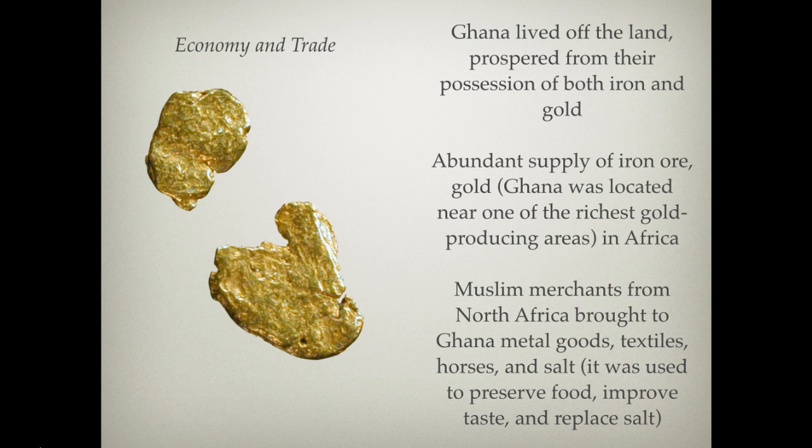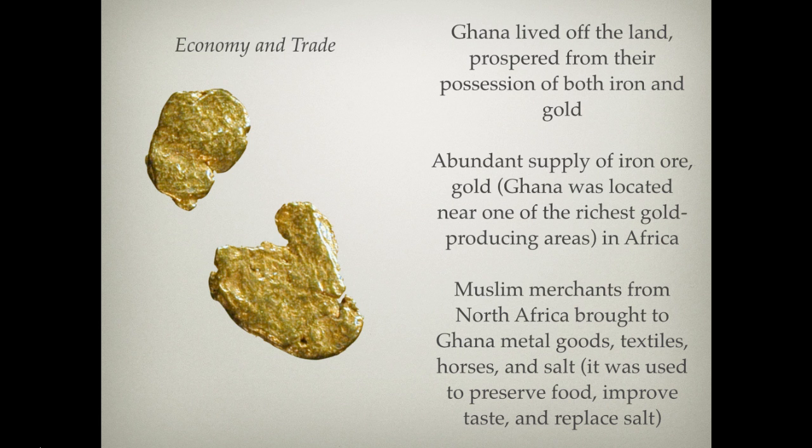Now, of course, Ghana lived off of the land, as many farmers did, but really prospered from their possession of iron and gold, these precious minerals that so many will really want. And particularly the issue of gold is going to be very important for Western African kingdoms. It will give them great power over most of Africa and their relationships with other foreign states as time goes on. Now, of course, this is only possible due to the fact that there are abundant supplies of iron ore and gold. Ghana was really located near one of the richest gold-producing areas, and even kingdoms after Ghana will take